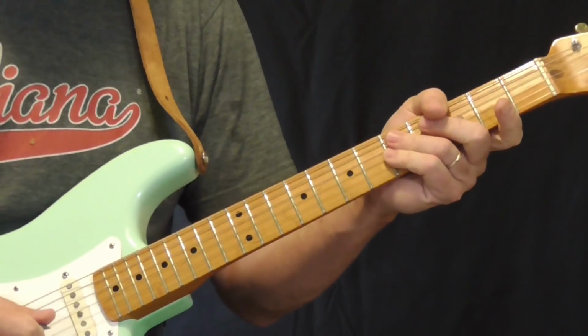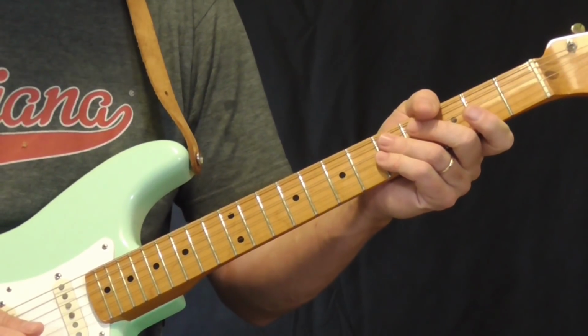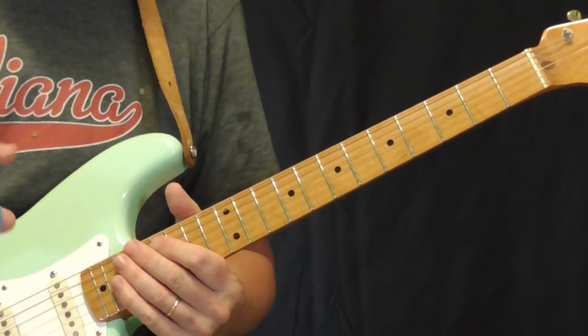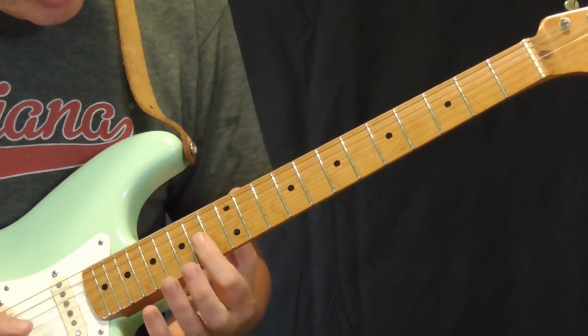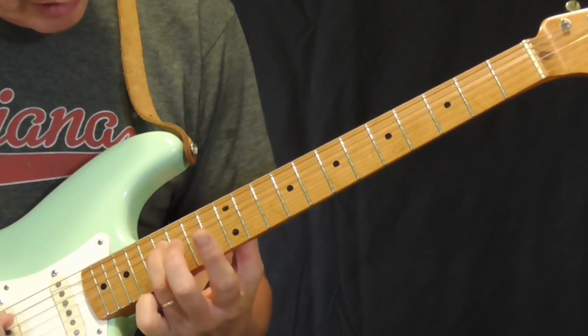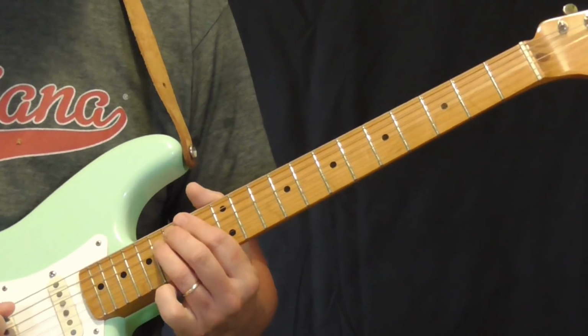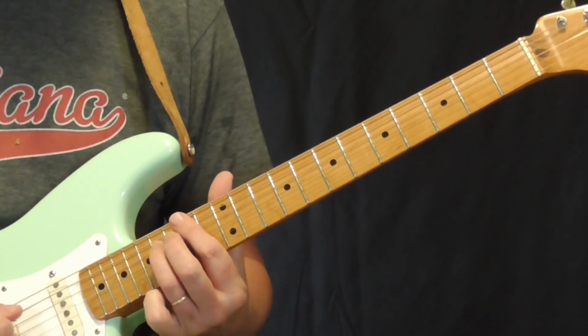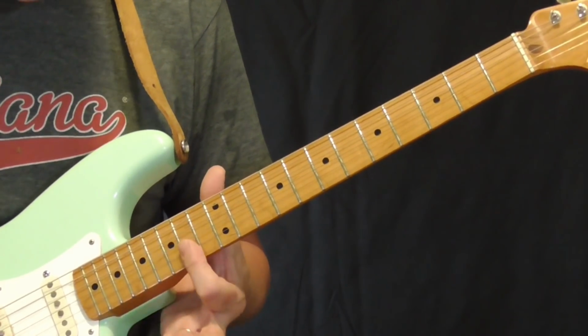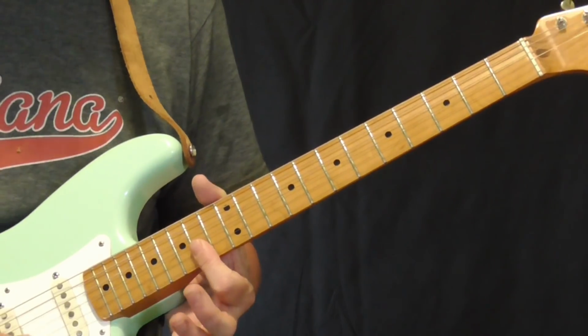It's hard to hear on the recording. The version I have is pretty scratchy, and Junior Wells and the backup singers are going. But anyway, it sounds to me like he's starting on the 15th fret of the 4th string, and he's just playing this 1, 2, 3, 4. And then he's going to a double stop on the 14th fret, 1st and 2nd string,